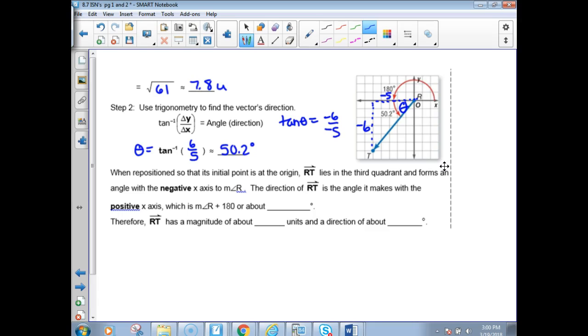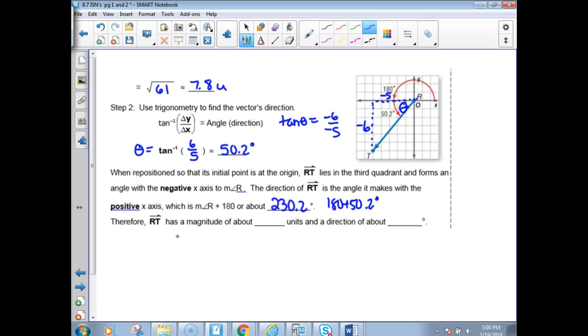Now, there's a couple ways to describe the direction of this vector. When repositioned, this is what they did, so that the initial point is at the origin, vector RT, excuse me, not ray, lies in the third quadrant and forms an angle with the negative x-axis. To measure the direction of vector RT, the angle it makes with the positive x-axis is angle R plus 180. See, this is 180, and then they added on 50.2. 180 plus 50.2 would give us